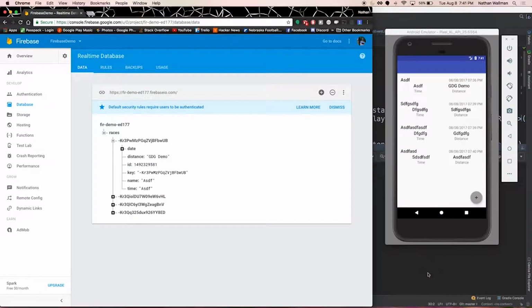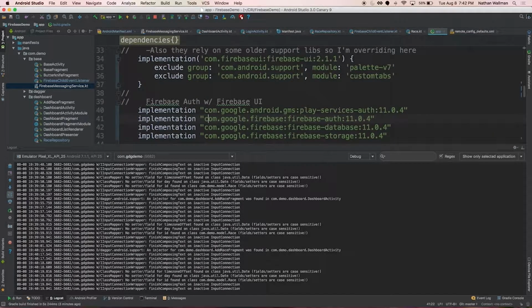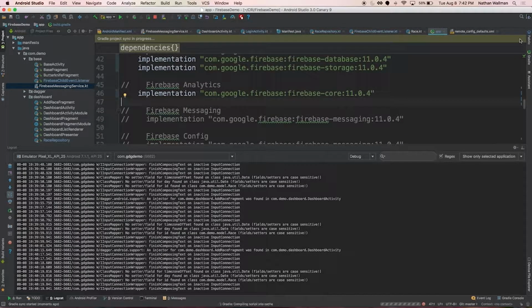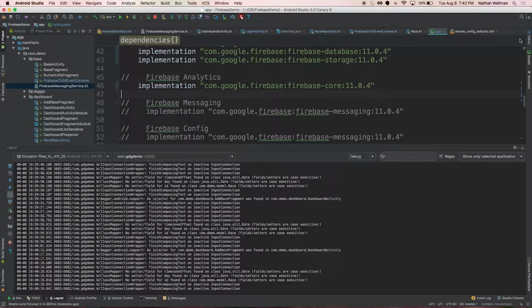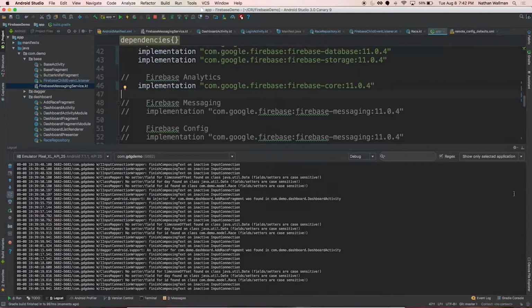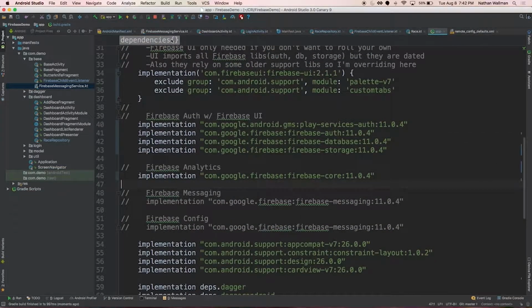All right, so next up is analytics. So for analytics, let's go ahead and add that dependency here. Do a sync. So those of you familiar with analytics, sometimes you'll work with systems where it has to actually update kind of in the background. So if you're testing it out, it's kind of a pain because it's not in real time. So what Google's implemented is this concept of a debug mode where you can actually see the messages in real time. First, I need to actually also go into my manifest.